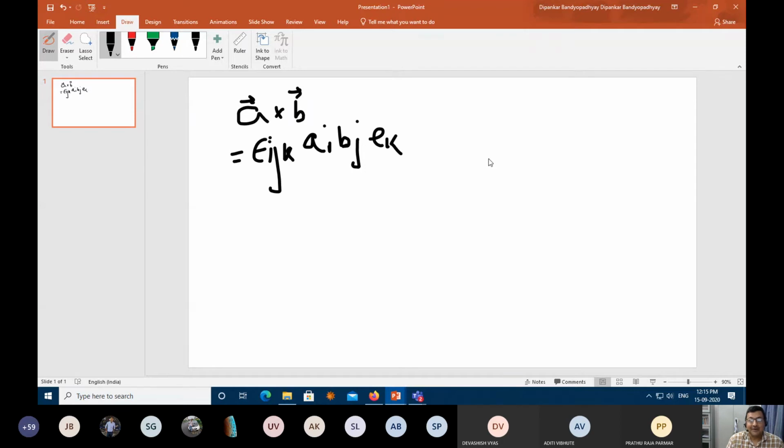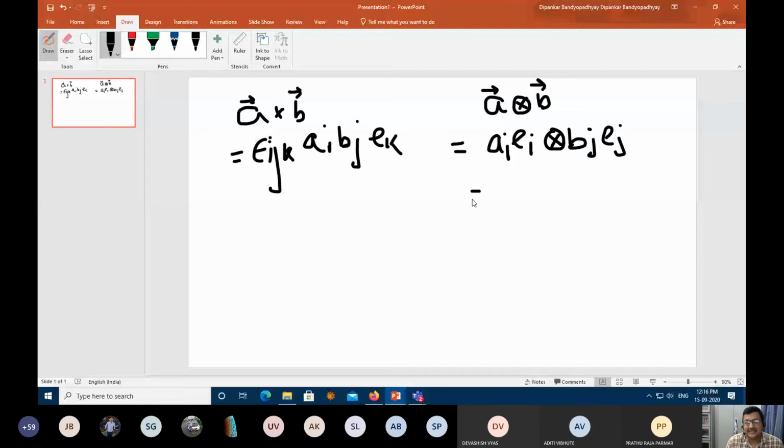which is ek. Now the other opportunity appears, the one that we have started discussing: if you have two vectors and you undergo a dyadic product between them, then what will be the situation? In an n-dimensional space, this I can write as ai ei. Then I will have a dyadic product between these two, so I will write bj ej. So this I can write as ai bj, and then I can write ei dyadic ej. So this is my unit vector associated with that.